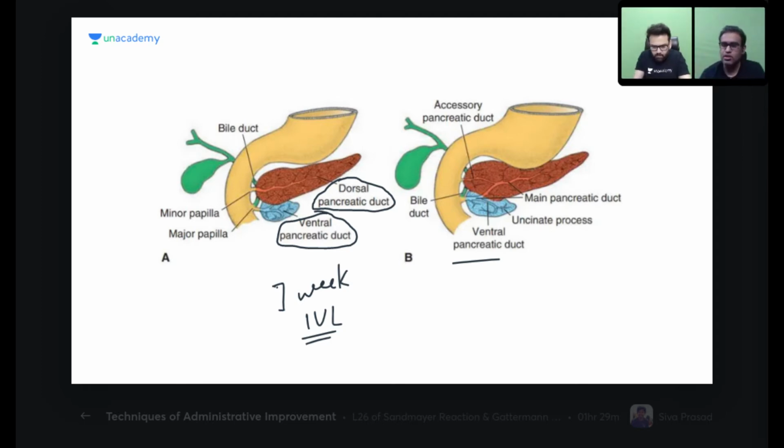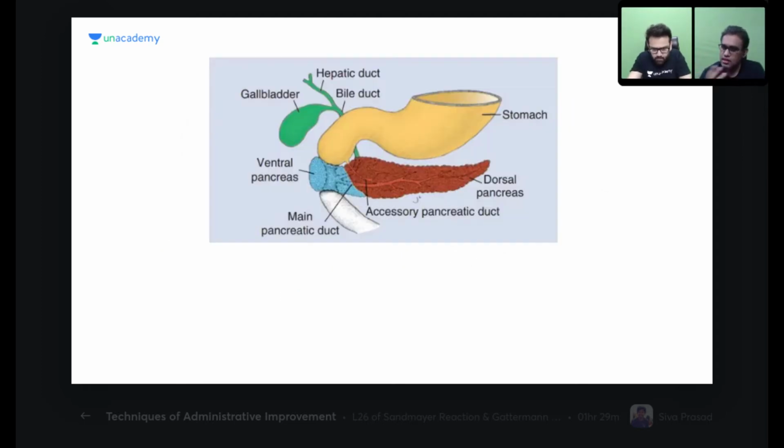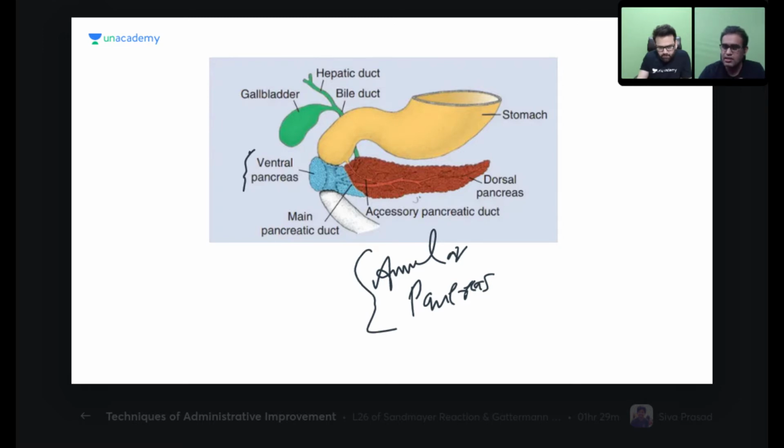Now, as we saw this embryology, we can see some of the common congenital anomalies. In this figure, normally this small ventral pancreatic bud has two processes which fuse and go around the duodenum. But what if those two processes didn't make very good friendship? They had a fight with each other, and one went behind and one went anterior to the gut. That is what is known as annular pancreas. Annular means ring shape. In this figure, the blue ventral pancreatic bud is forming a ring around the duodenum. So that is known as annular pancreas.